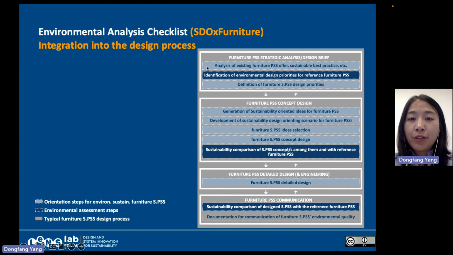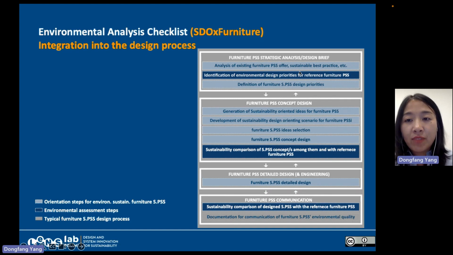Firstly, I need to introduce the general design process. For furniture product service system design, it includes different stages like the furniture product service system strategic analysis or design brief, furniture product service system concept design, furniture product service system detailed design and engineering, and also communication. For each of these stages, we proposed different environmental